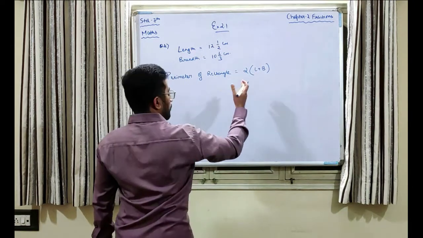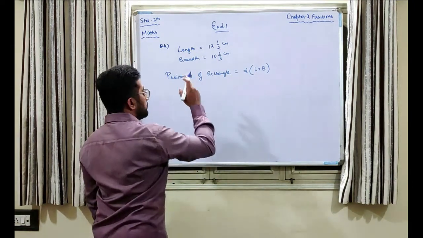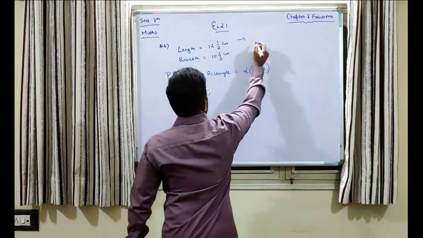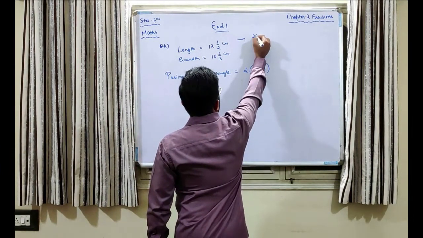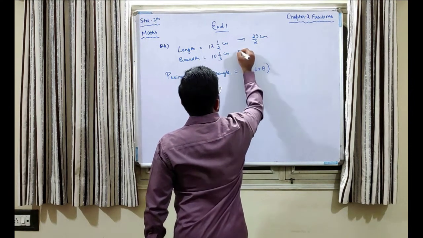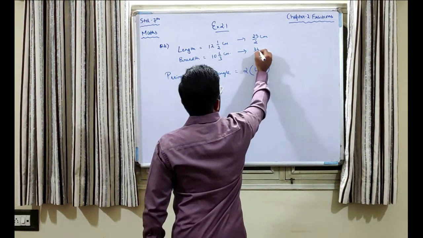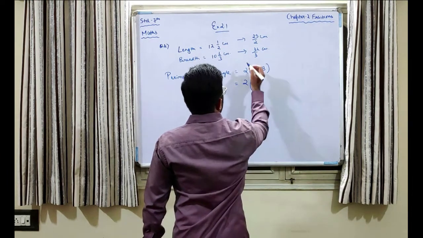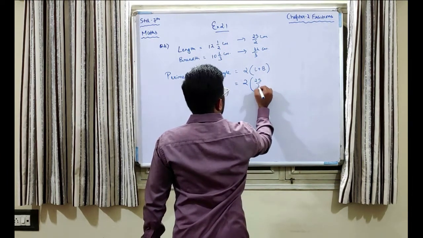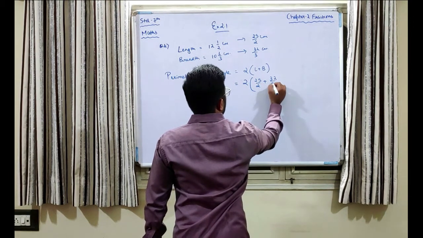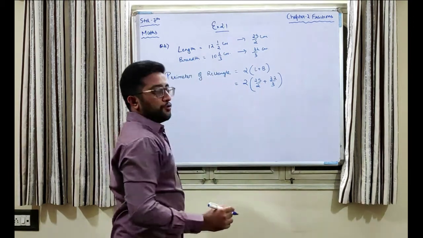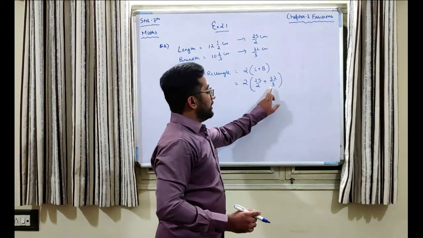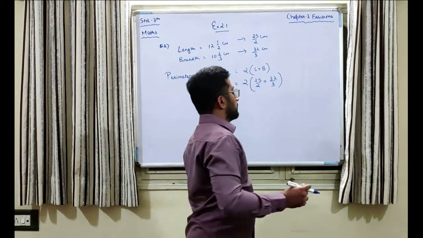So before solving the same, we need to convert this mixed fraction into simpler fractions. So this can be written as 12 into 2 is 24 plus 1, 25 by 2 centimeter, and this can be written as 32 by 3 centimeter. So we will just put the numbers here, that is 25 by 2 plus 32 by 3. Now you know that we can't solve the fractions which are unlike. Okay, so we need to get these two denominators on the same base.